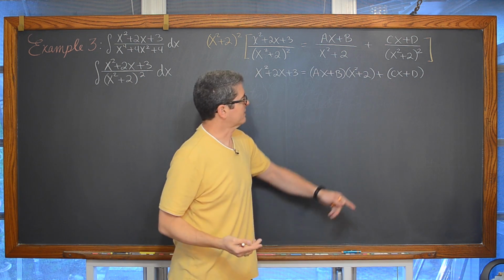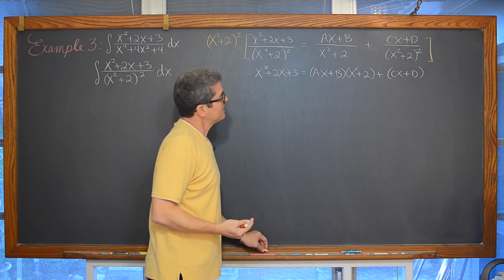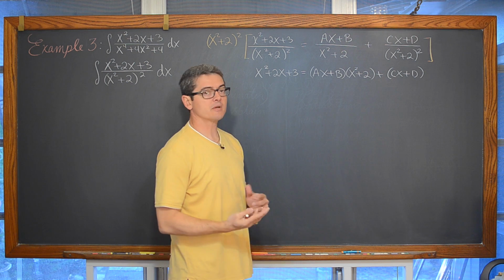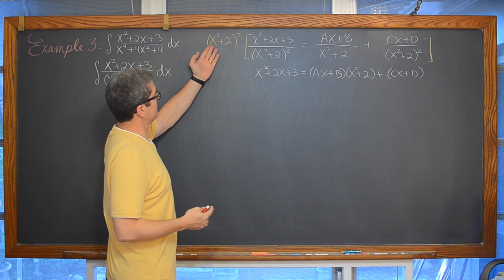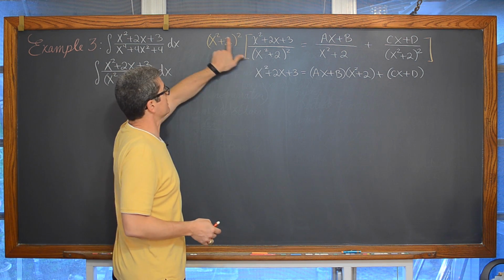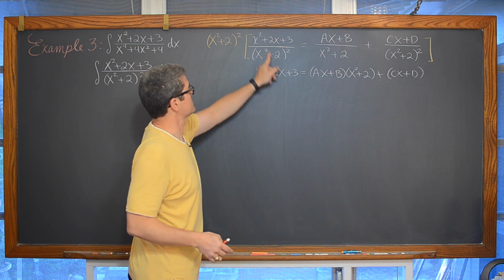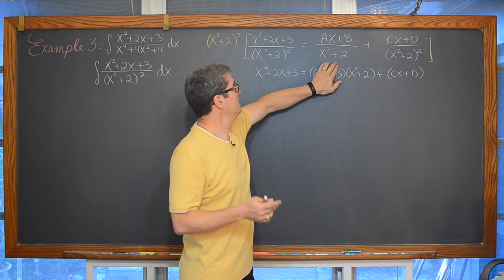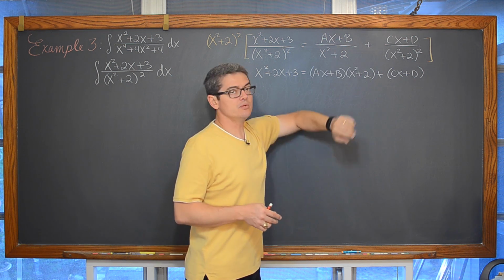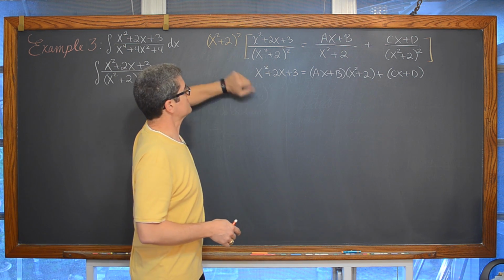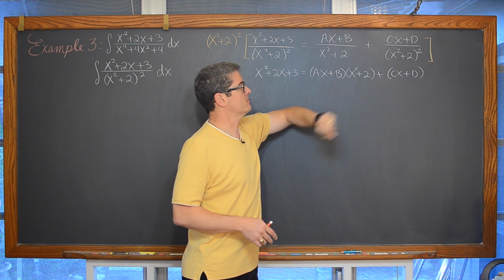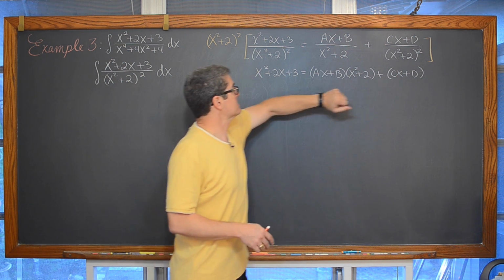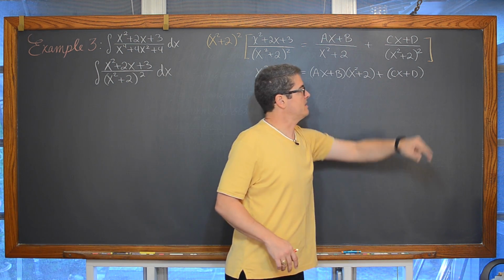Okay, I don't really know why I'm writing that in a set of parentheses, but we do need the parentheses here because what's going to happen is multiplying by x squared plus 2 squared, of course that's going to cancel out with our first term, just leaving us with the numerator. With our second term here, we have one of those x squared plus 2's, so that's going to cancel out with one of these two and leave us with a multiplication of that in the numerator. And then finally here, that's going to completely cancel out, and we just have cx plus d.